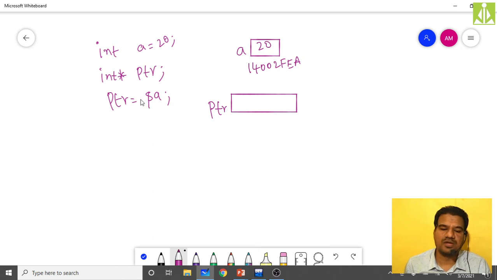We stored the address of a, 14002FEA, into this ptr.